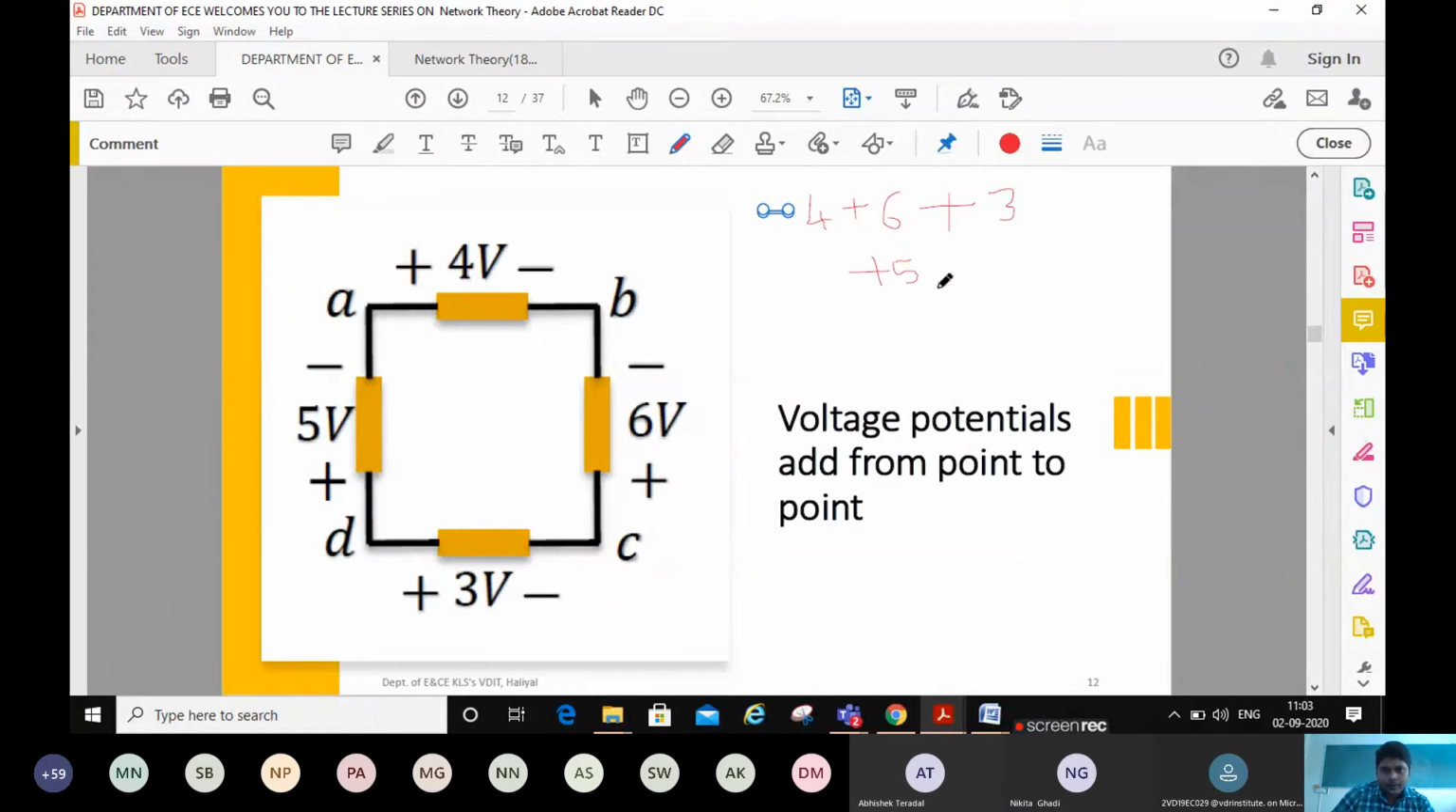+5, right? And D to A, what is happening now? The voltage is getting reduced. So this one will be -5. So the total potential will be 0. So if you travel in a closed loop with the voltage drops everywhere, the net voltage will be 0, right? You can take any points. Fine. So you can travel from C to B or in a reverse way also. If you take C to B, it will be -6 instead of +6, right? Okay. So next,